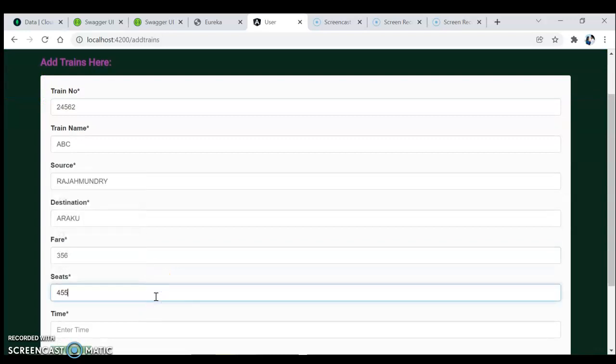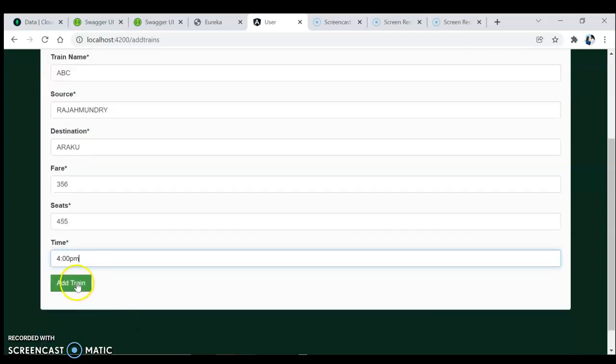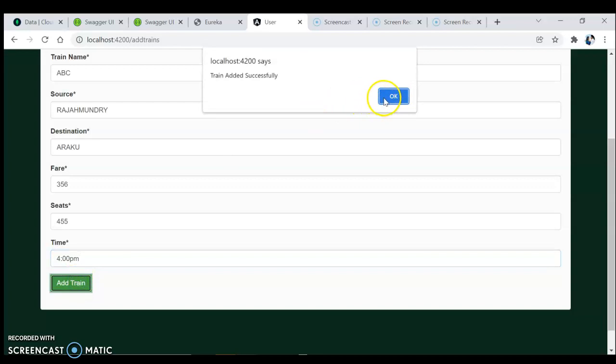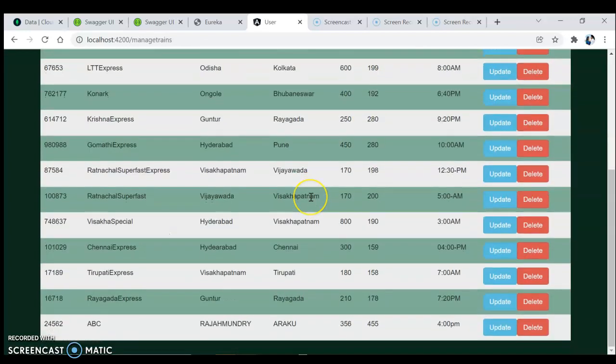We'll add the train with some fake details. Train added successfully, and it also redirects to this page automatically. Here the train is added.